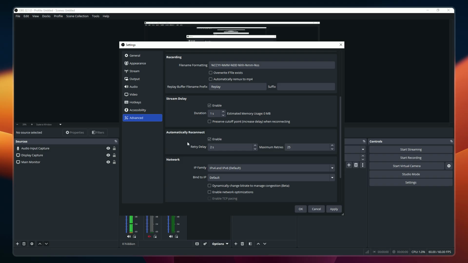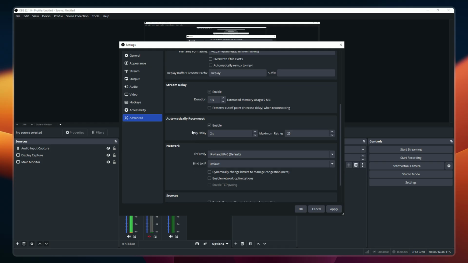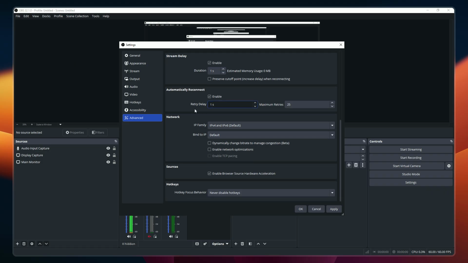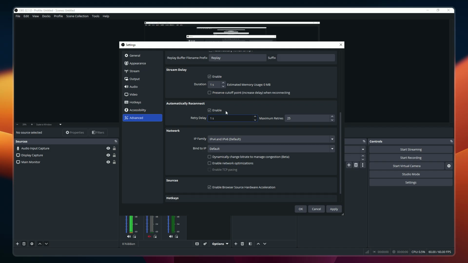Further down, you'll come across the Automatically Reconnect section. This handles what happens when your connection drops unexpectedly. Navigate to the Retry Delay option within this section, then click on the text field and set it to 1. This ensures that if your stream disconnects, OBS will attempt to reconnect after just 1 second, minimizing downtime and keeping